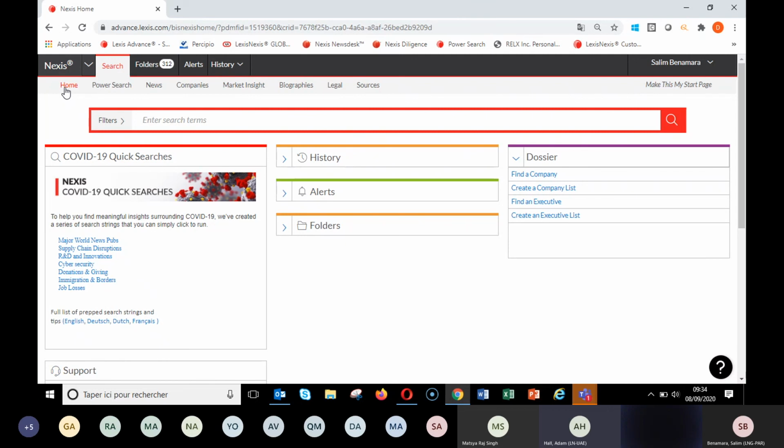I know that our Nexis platform, for example, is used across marketing, communications, PR, research, accounting, mergers and acquisitions, across multiple different departments already in the organization, but also in lots of different organizations around the world. As you can see, even from this page, we have news, company information, market insight, biographical information,